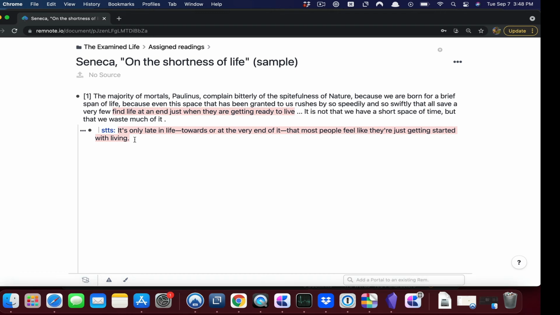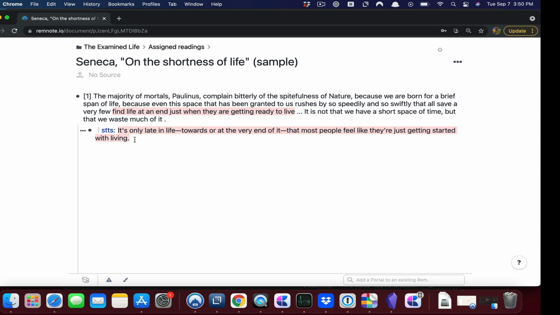Now, by creating a note of this sort, I'm signaling to myself, I guess to my future self, that I found this particular point in the Seneca reading noteworthy, at least noteworthy enough to take the time to write it down. Now, this doesn't ensure that everything you write down will prove to be valuable later on. Far from it. But when it comes time to write something about these assigned readings, I think you're going to find it helpful to be able to hop around in your RemNote account, looking for the various points that you had found interesting in the past.